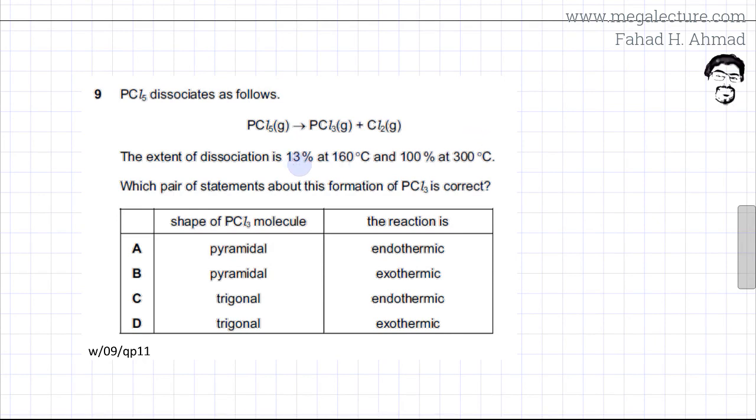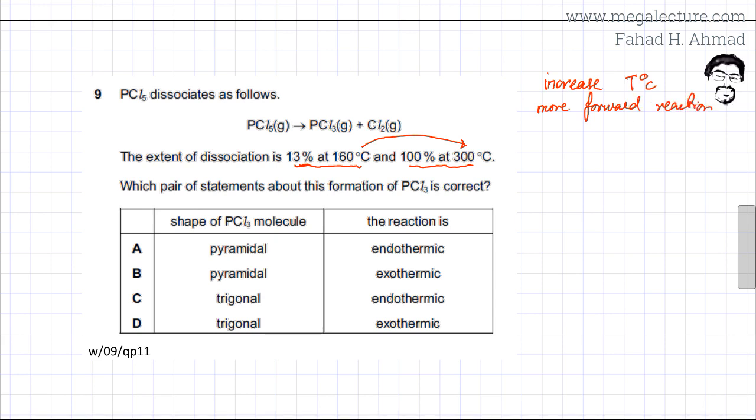So what this information basically provides is that if you increase temperature, going from 160 to 300, then dissociation increases. 13% was at 160 degrees centigrade and 100% is at 300 degrees centigrade. So if you increase temperature, then the amount of forward reaction, or the dissociation, increases. So more forward reaction occurs. Now the only way that's possible is if the forward reaction is